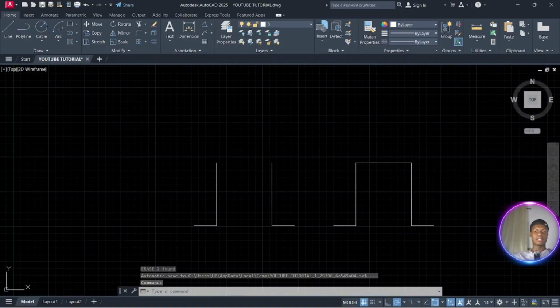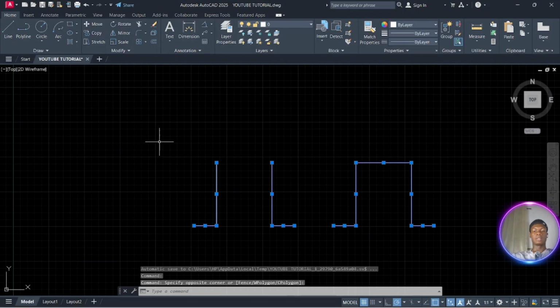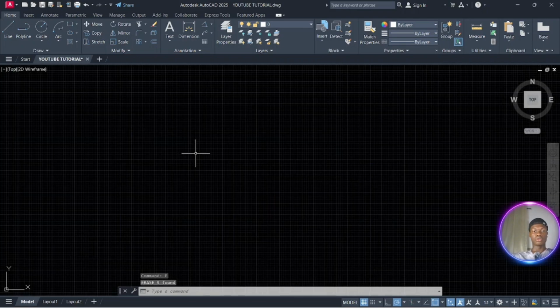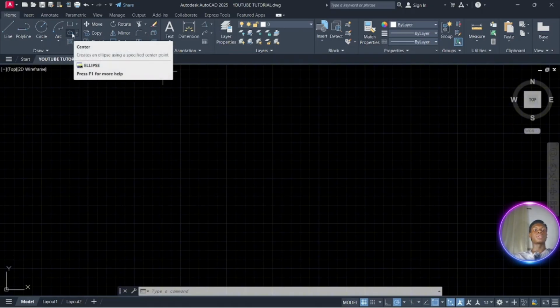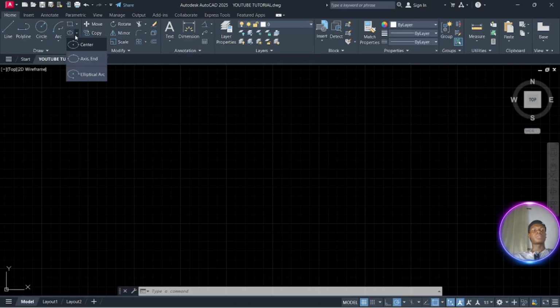Okay, so that's that for the arc. Those are the 11 methods to draw an arc. So now the next one we are going to be moving to is the ellipse, how to draw an ellipse. There are actually three methods to draw an ellipse,